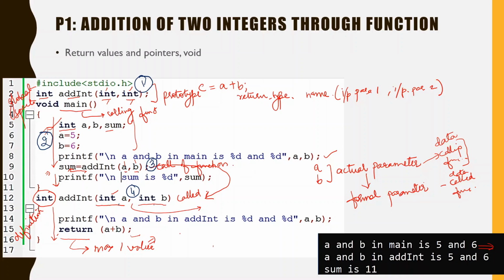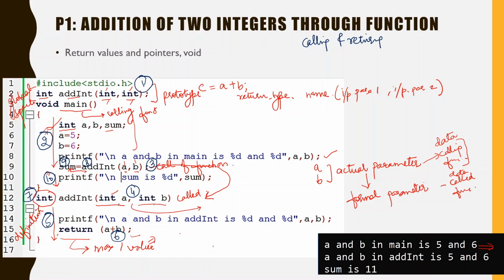Okay, so it jumps to the called function. Then the called function is executed. Then this return is performed. This return changes the data type to the return data type, and it again reaches the output function. Then this output is assigned to the output parameter, and then the normal flow of the main program resumes. Okay, so this is called calling and returning of the function.